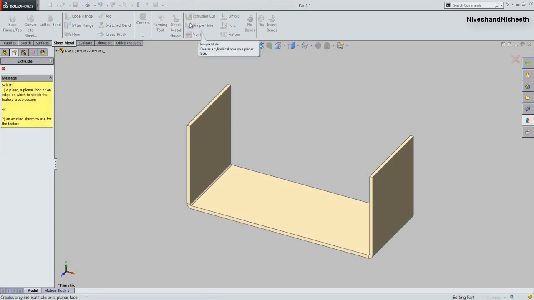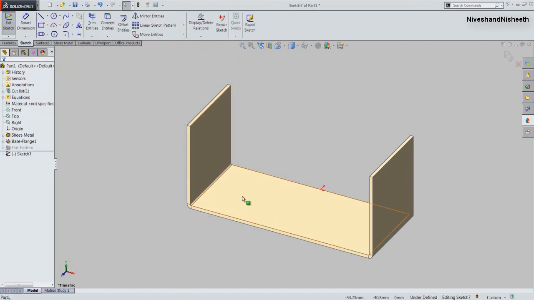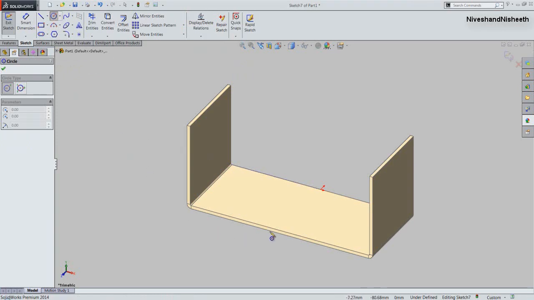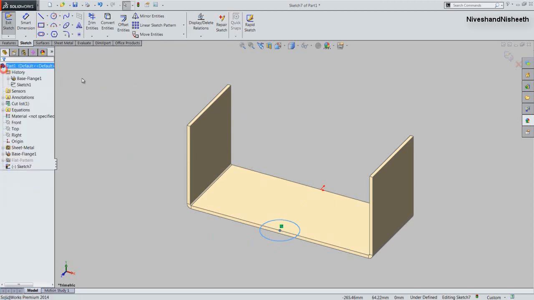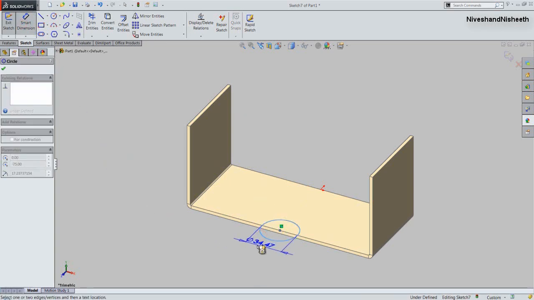Now we will activate the extruded cut command and select this face to start the new sketch. Now we will create a circle over the midpoint of this edge, and its diameter will keep 40 mm.